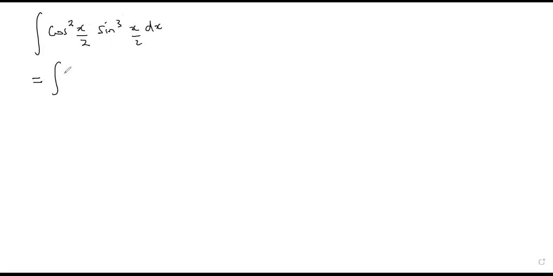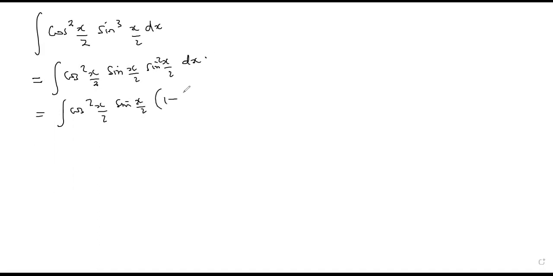This is the same as cos squared x over 2 sine x over 2 sine squared x out of 2 dx. This is the same as cos squared x over 2 sine x over 2 1 minus cos squared x over 2